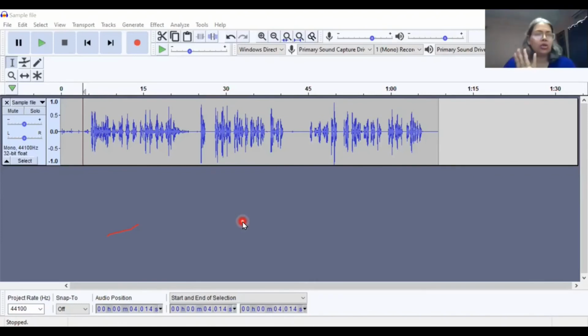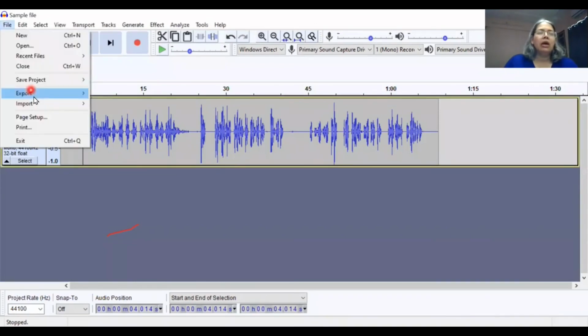Let's just see how to save this file first. Let's just close after saving. So one doesn't just say save because it gets saved as a project. So we have to go to the file menu on the top left and not use the save feature. Just remember, do not use save. Save project is not what you want to do.